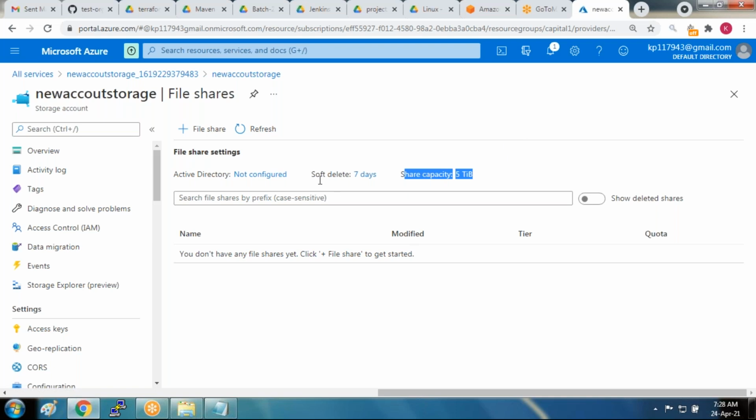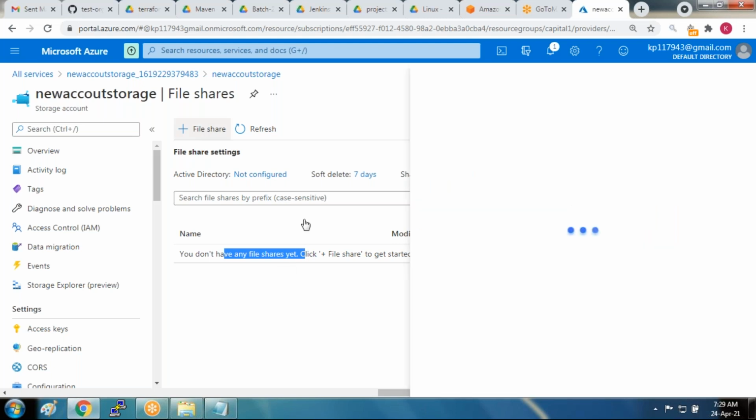Okay, and we have already mentioned this soft delete, so how many days it has to keep. And I think we also have enabled the versioning concept, right? Okay, anyway, you don't have any kind of data yet, and you want to add some data, so the file share,